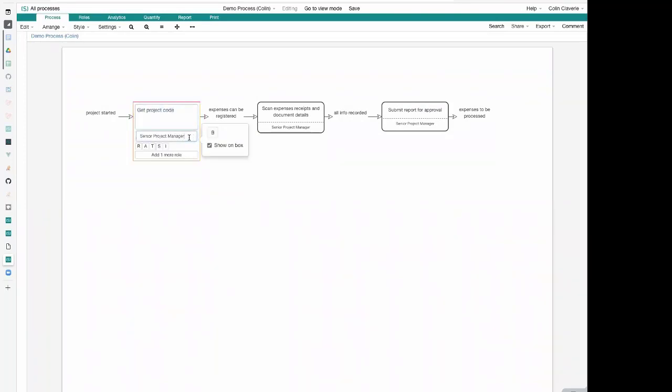So what are the goals of these responsibility matrices? Sometimes it's convenient to show many roles on an activity. So as I said earlier, I discourage doing that, but sometimes it's quite good to say, all right, my senior manager is getting the project codes, but the finance admin can help me. And also more often than not, the assistant is involved because she needs to raise a purchase order or whatever. So now I have 3 roles, but again, for the clarity, who owns this piece of work,